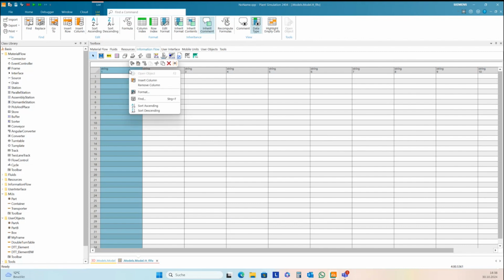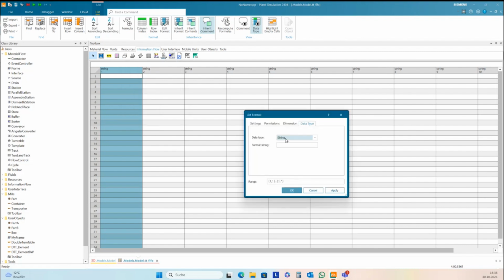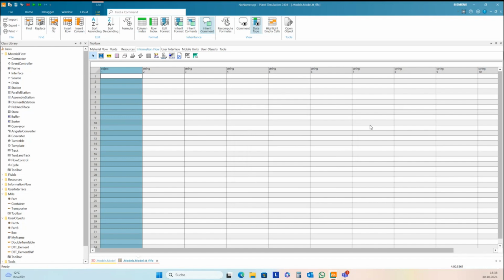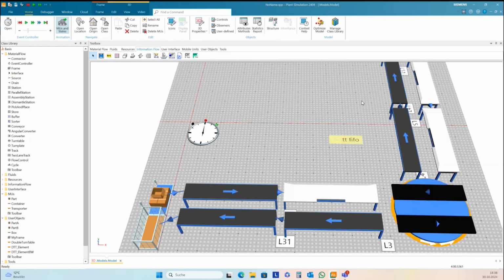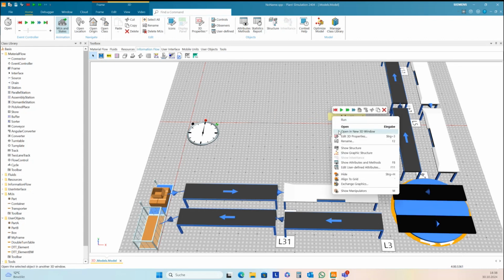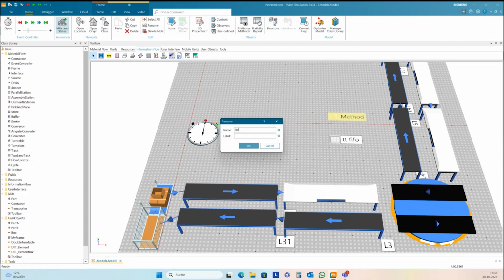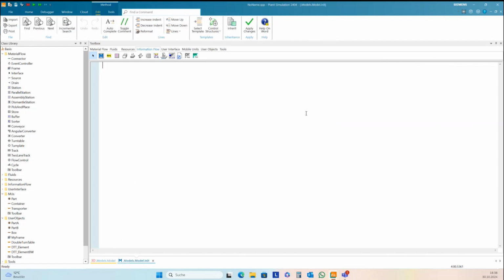You only need one column, and this column should be object. And I need an init method to delete this FIFO table at the start.